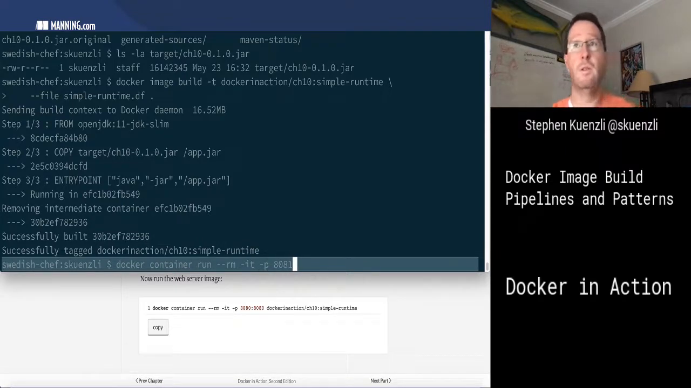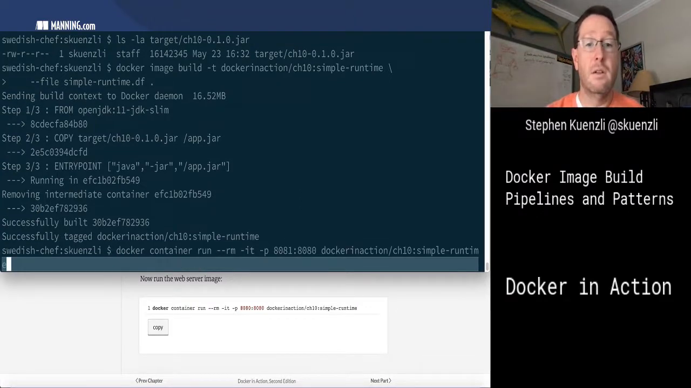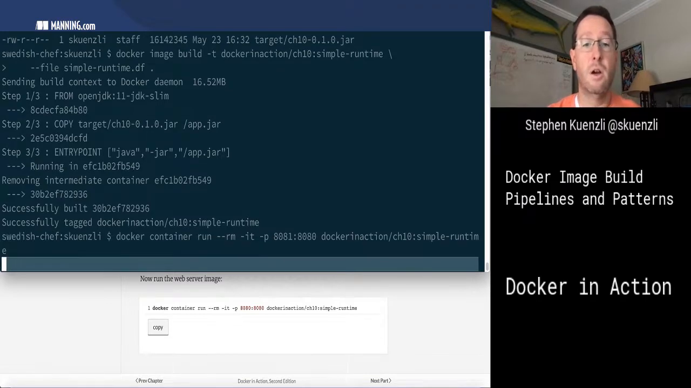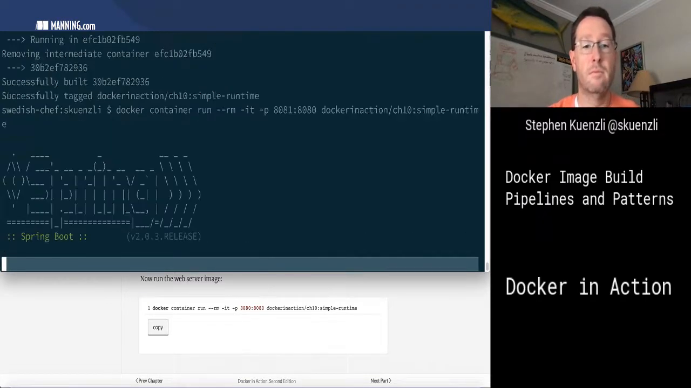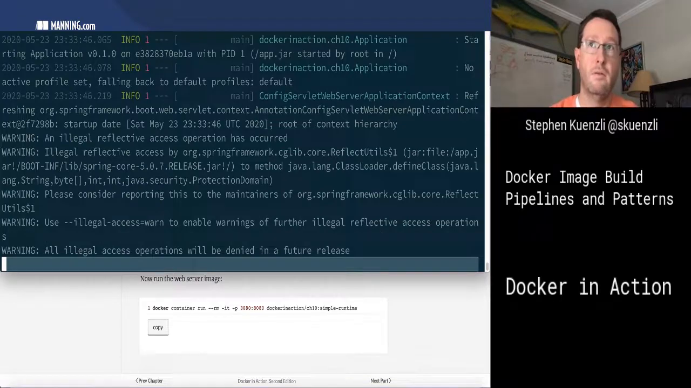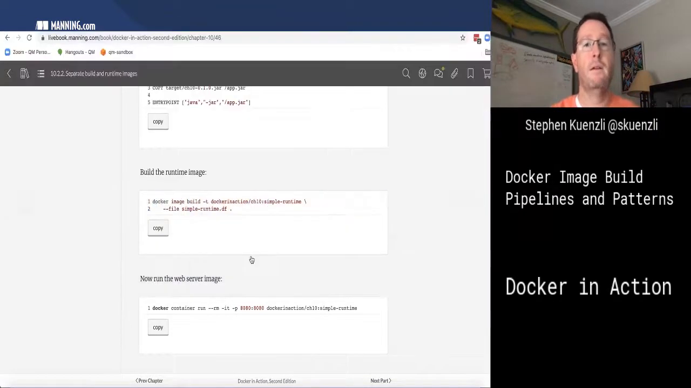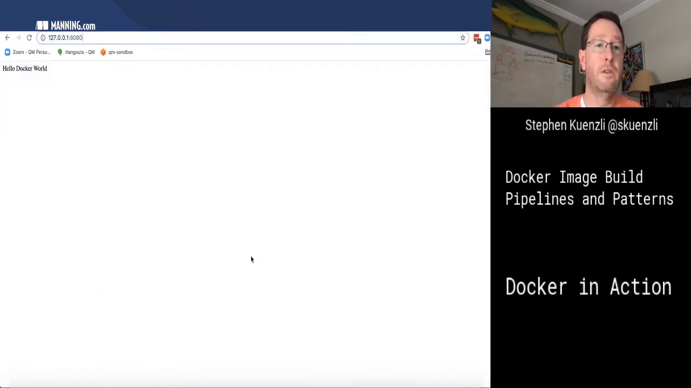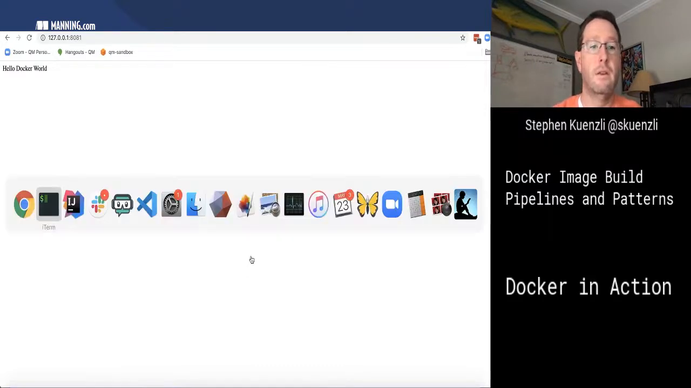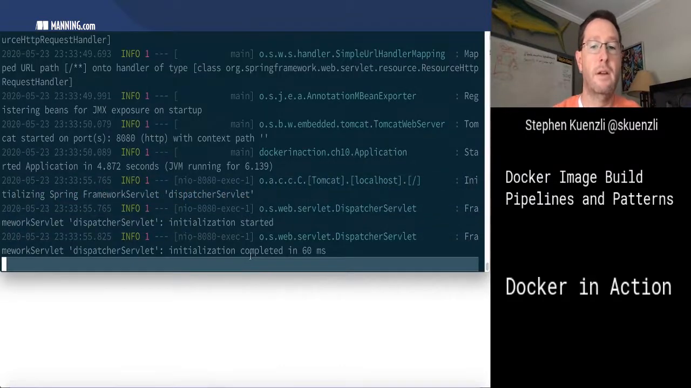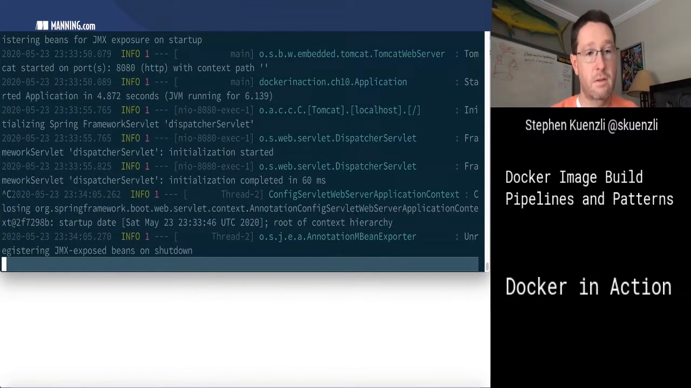Let's do 81, so we know that it's a different server. Let's see. It should work. Okay, see it starting up again. Change this to be 8081. Hooray. Okay. All right. So now